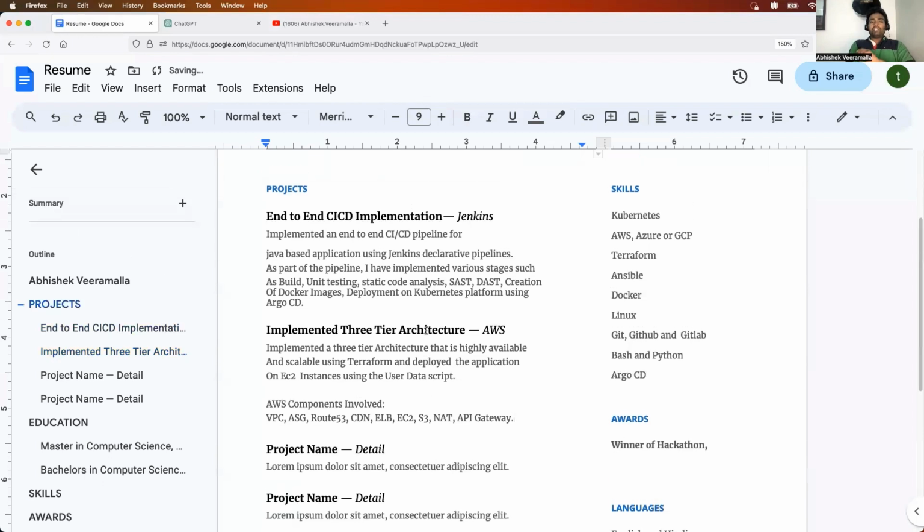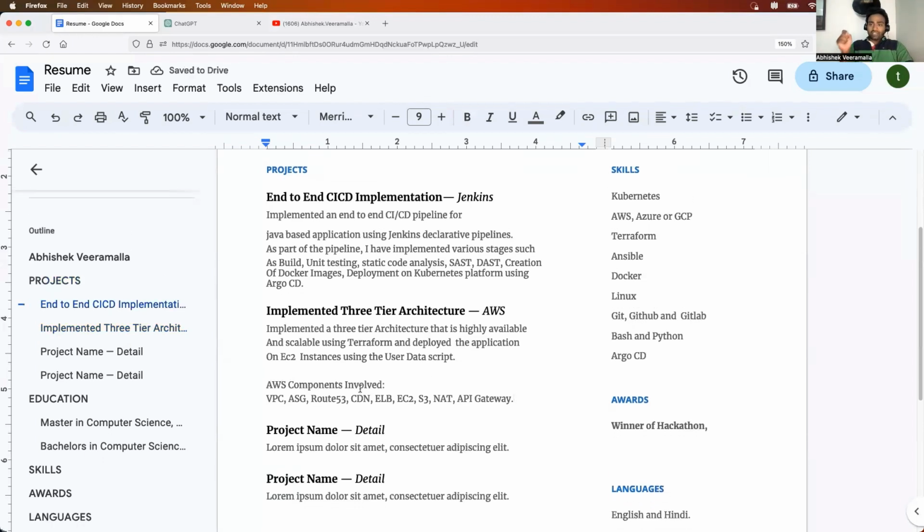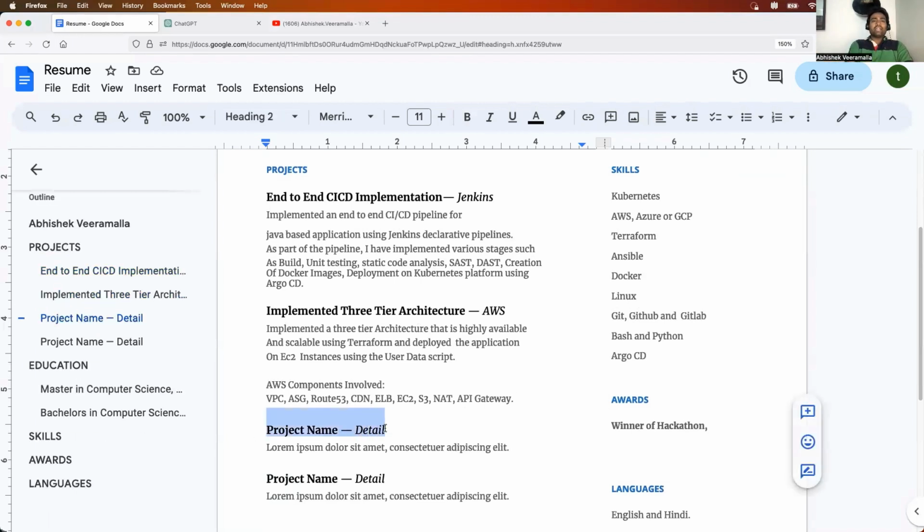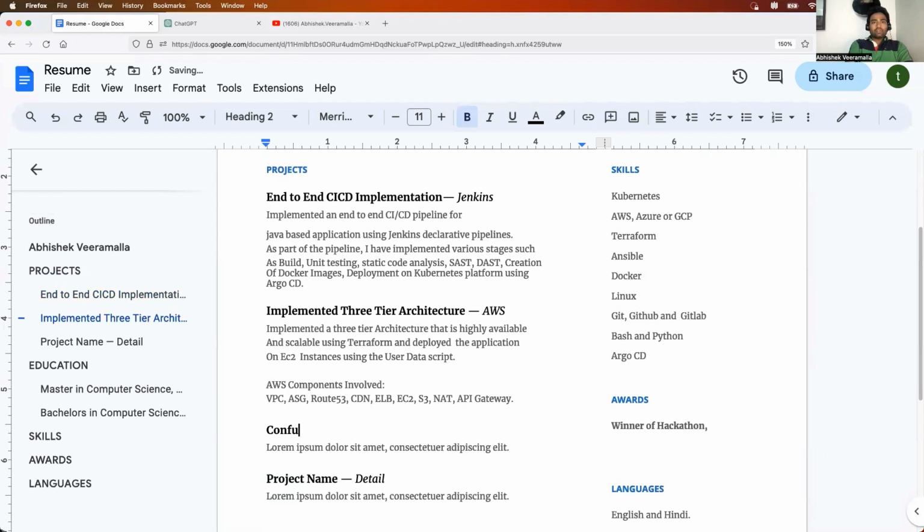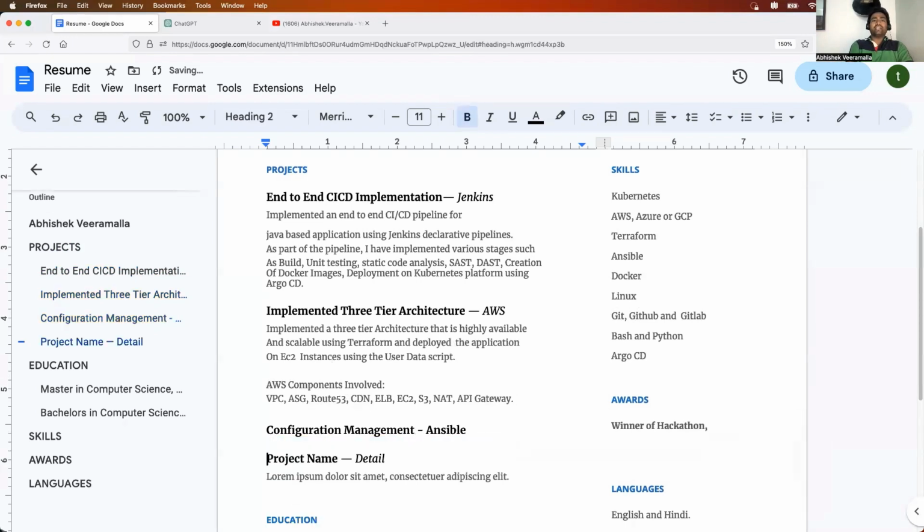Perfect. So this is how you will write about the second project. I'm just giving some examples. You can use any examples that you want, right? You can say the third example as configuration management, Ansible. Here you can add details like